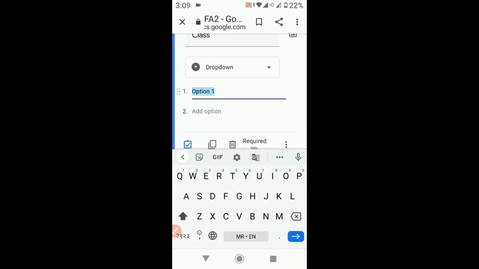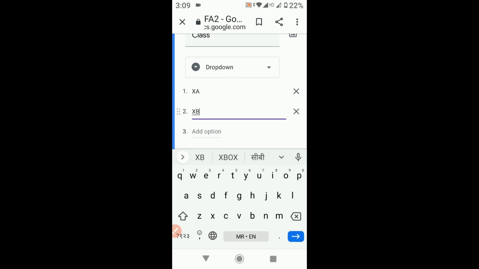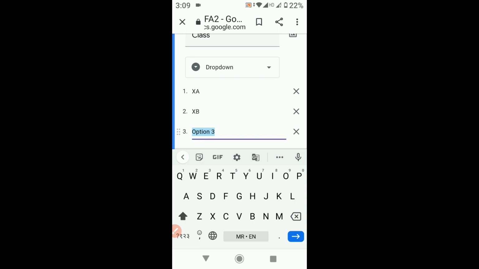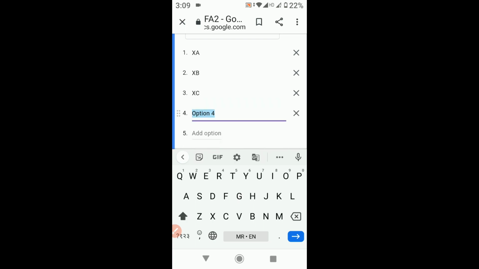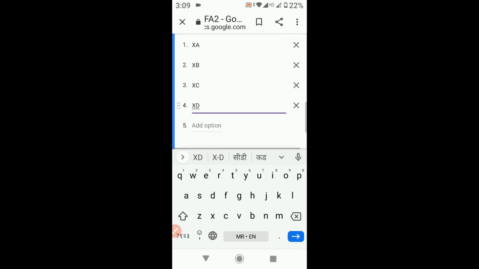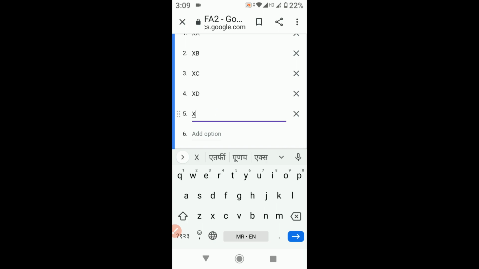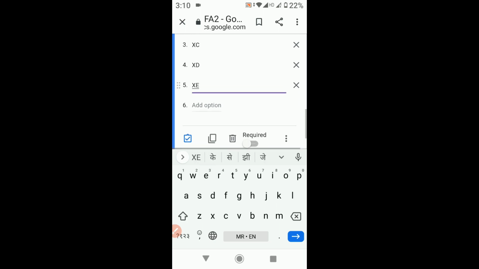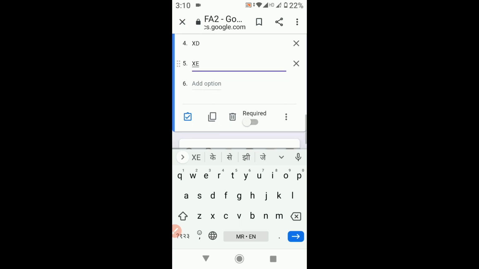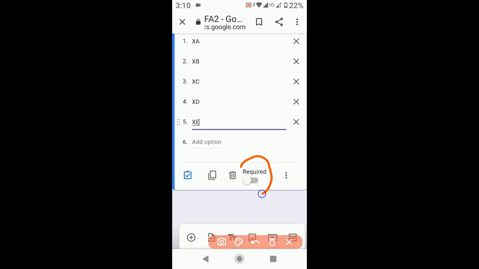So here you can type it as 10th A, then add next option as 10th B, then add option as 10th C, then add another option as 10th D, and next as 10th E. Here this is a required one. You want your student to fill this option, so it is a required one, so we have to enable it.